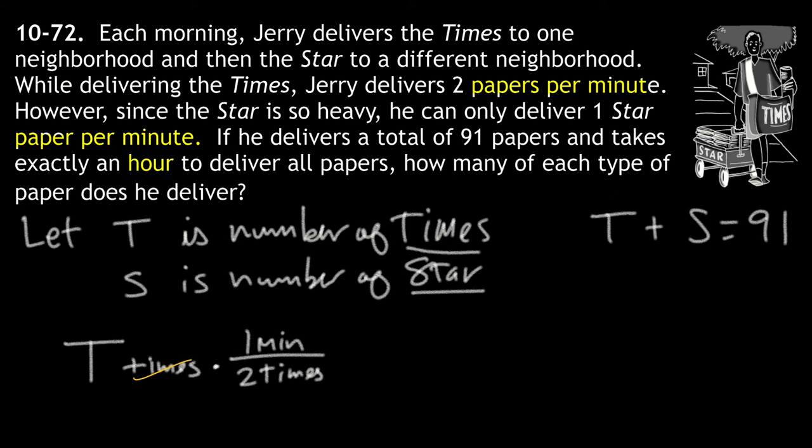The Times papers go away, and I'm left with T times 1/2. Those are minutes. So it's going to be 1/2 of the T's. So part of my equation is going to be 1/2 T